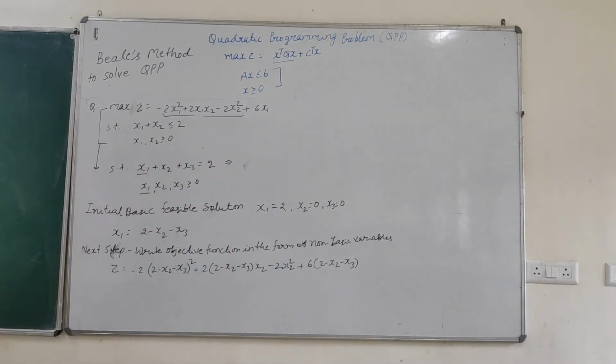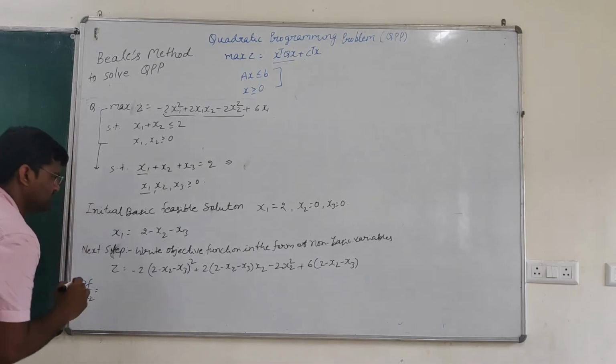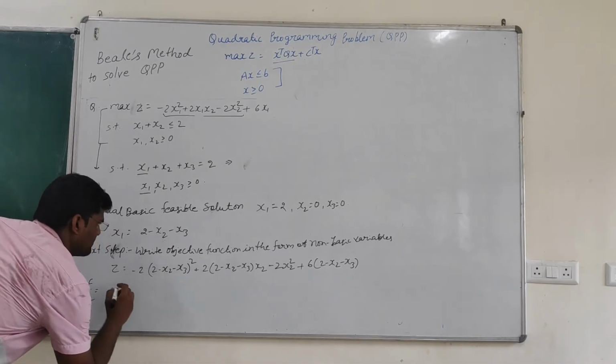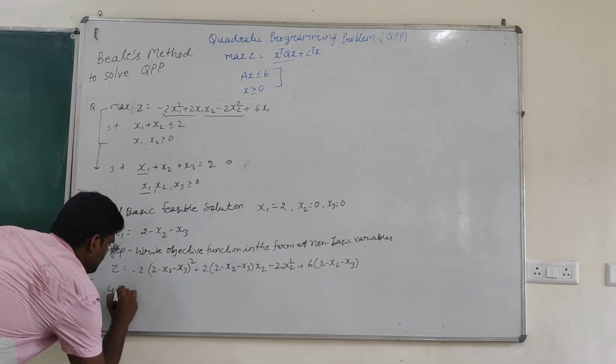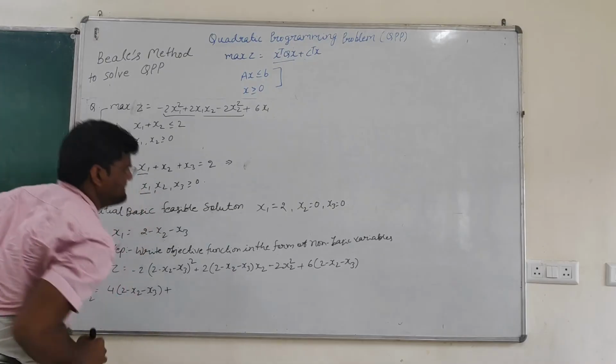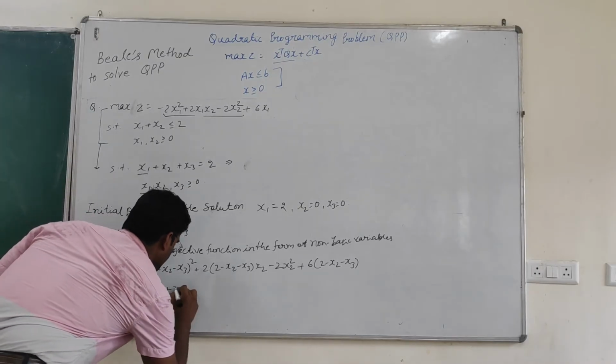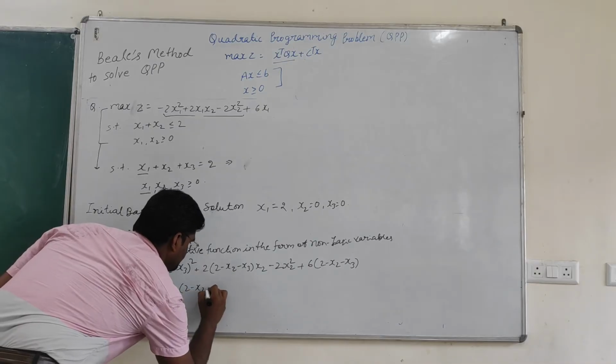Now what we do, we differentiate this function with respect to its variables. So its variables are x2 and x3, so we will do partial differentiation with respect to x2 and x3. So del f by del x2 is equal to 4 times (2 minus x2 minus x3) plus (2 minus x2 minus x3)